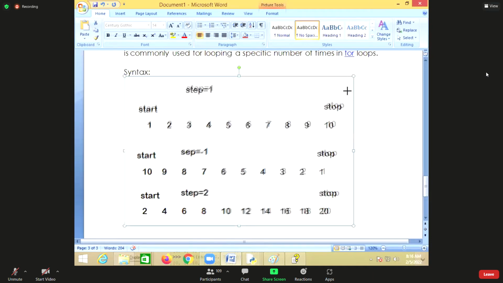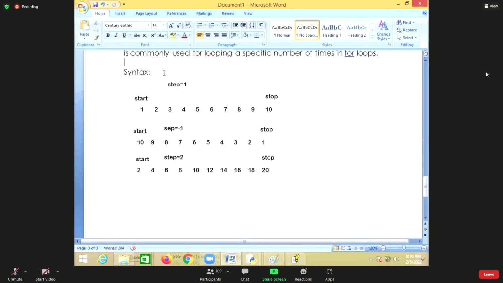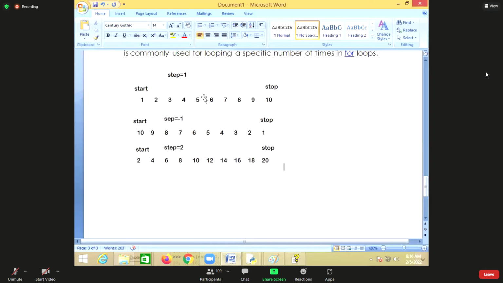If you see the syntax of range, how is it? Two syntaxes are there: syntax 1 and syntax 2.